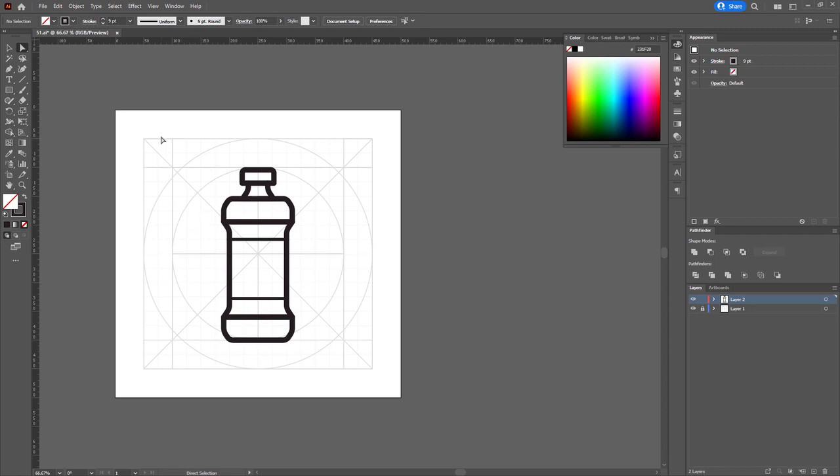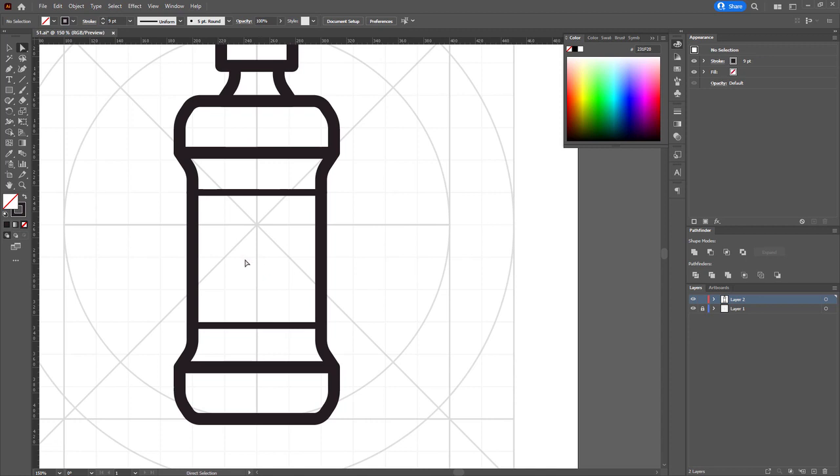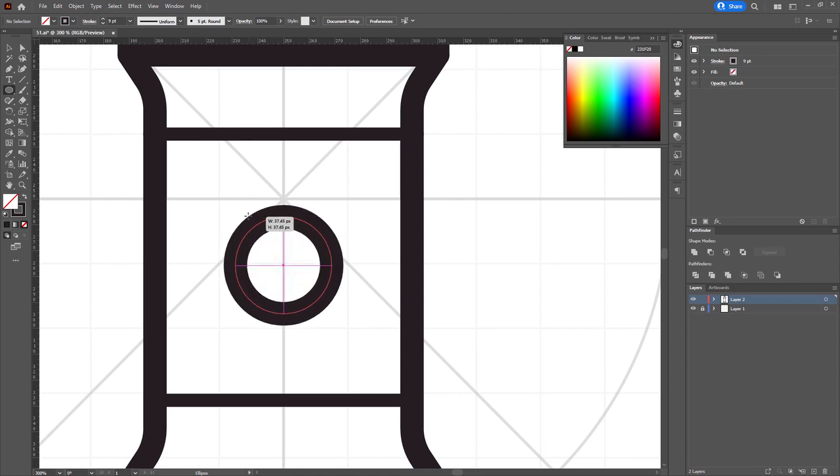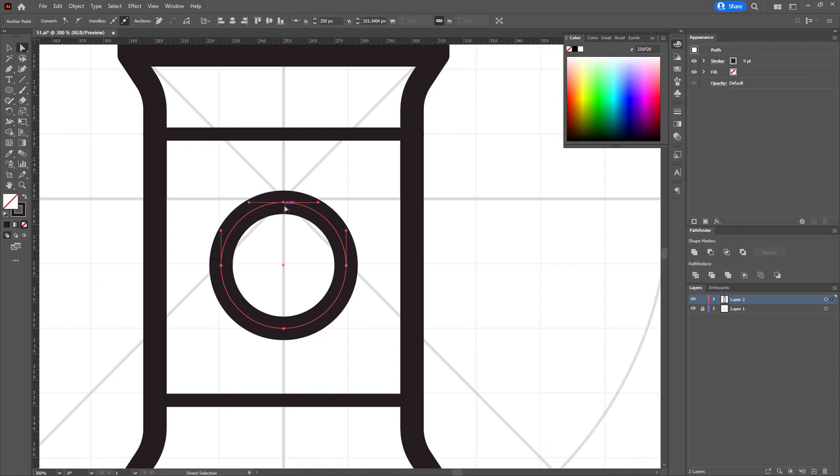Now we'll select all of these shapes and group them together into one single whole shape. Now we'll go ahead and design the center part. So from the tools menu, we'll simply select the ellipse tool, and in the center of the bottle we'll create an ellipse, and then we will just grab this upper area,